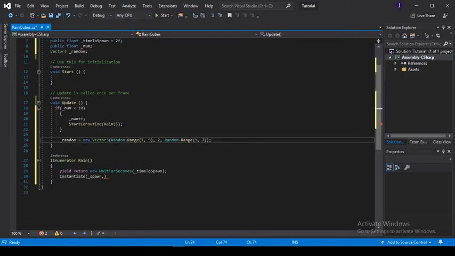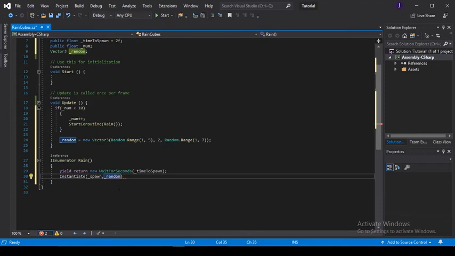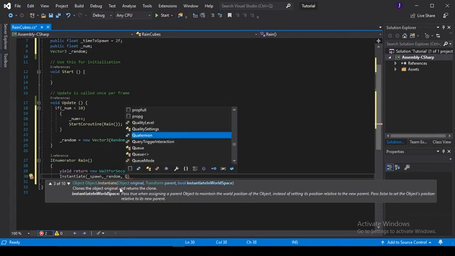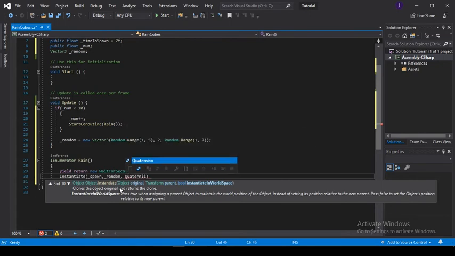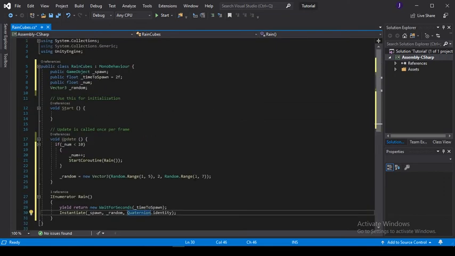So for the position, it would be my random, and for my rotation, I don't want my game object to be rotated in any way, so I'm going to use the default rotation. That's Quaternion.identity. This is it. And right now when I save this and I go to my Unity project,